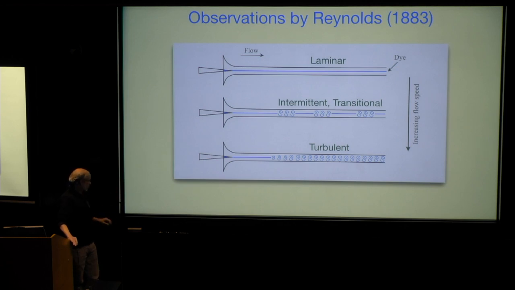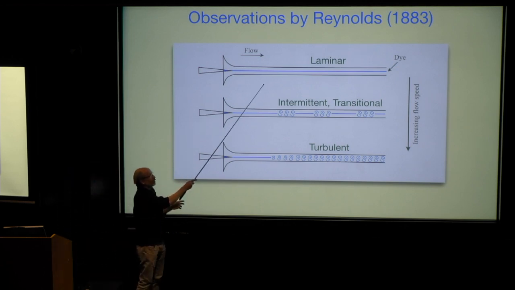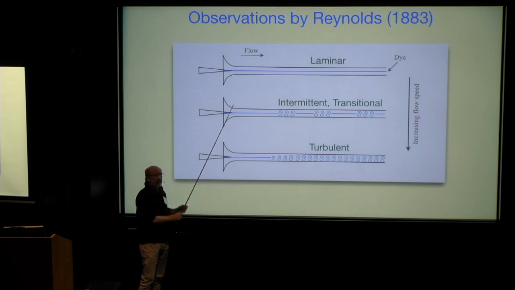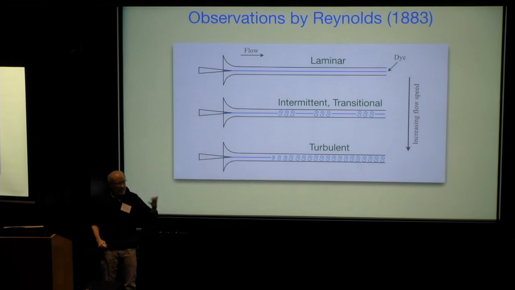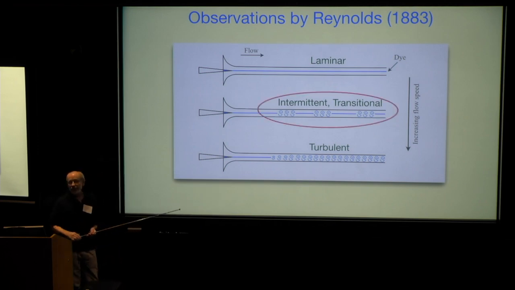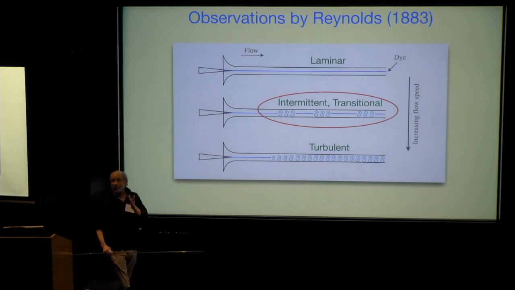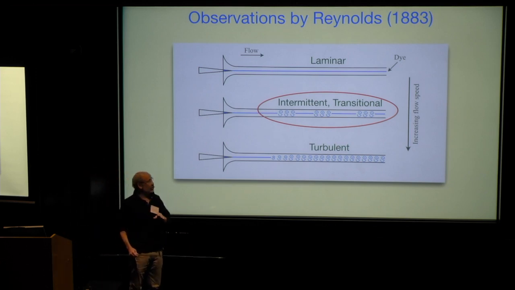At low Reynolds numbers, you have laminar flow, as seen by the straight streak line. At high Reynolds numbers, you get turbulence very near the inlet of a pipe, and it continues down. And then in between, you have this interesting region where you have intermittent or transitional flow. And for a long time, it wasn't even known or understood that that is really deterministic Navier-Stokes dynamics. Those fluctuations were thought to be artifacts of this, that, and the other thing, and that would be a natural thing to assume. But we know that that's not true now.